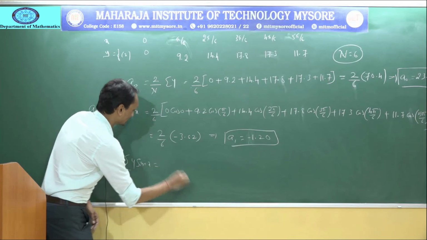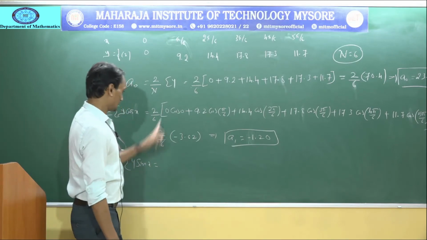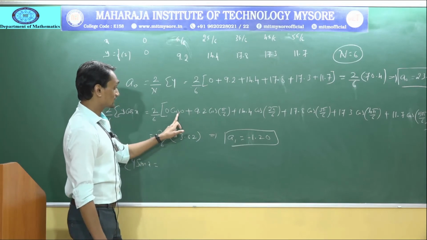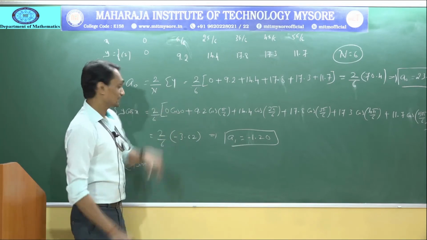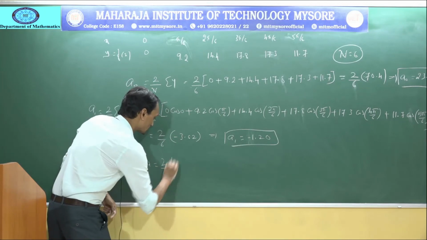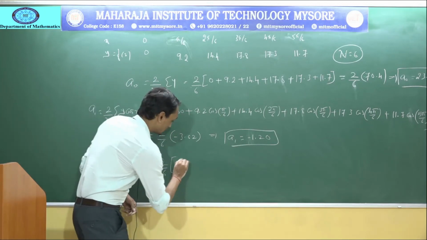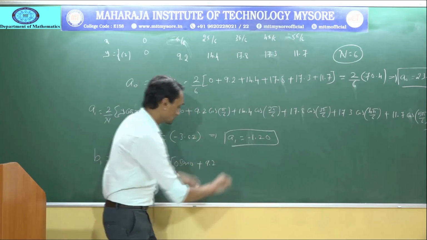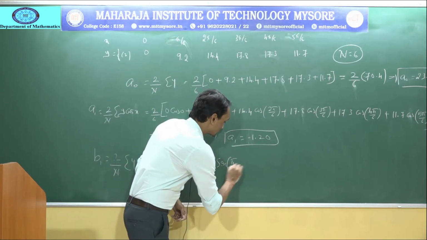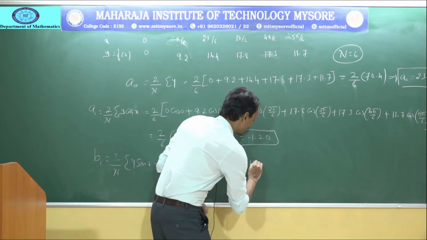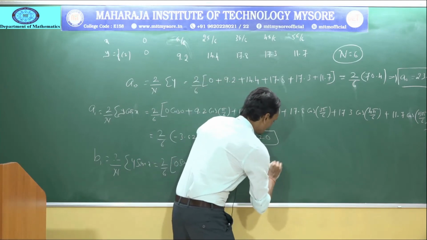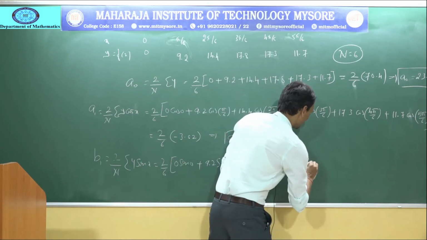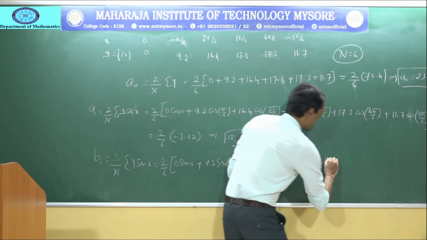Now the last value, b1, is 2 by n into the summation of y into sin x. Now just replace. Whatever x and y values you substituted before, take the same values, replacing cos with sin: that is 2 by 6 into 0 into sin 0 plus 9.2 into sin pi by 6 plus 14.4 into sin 2 pi by 6 plus 17.8 into sin 3 pi by 6